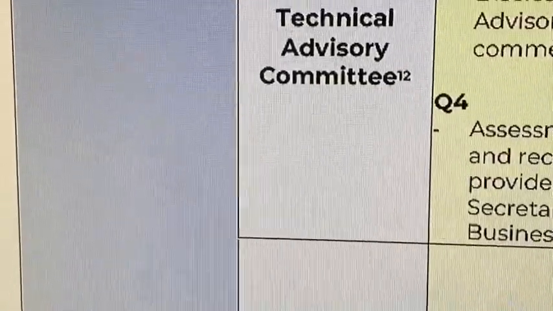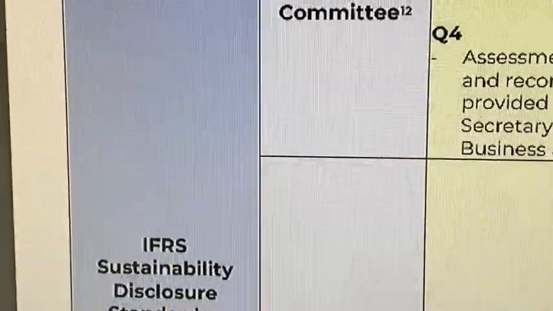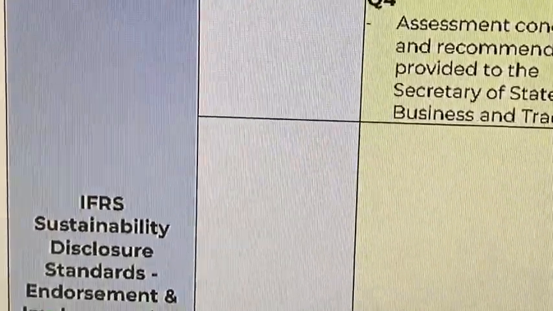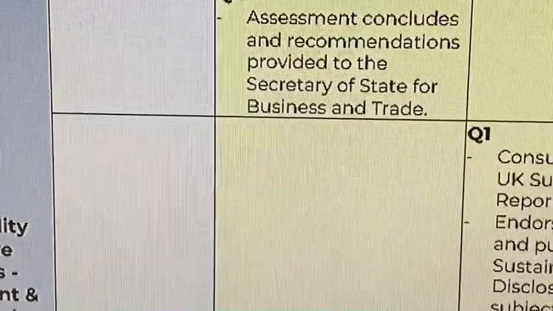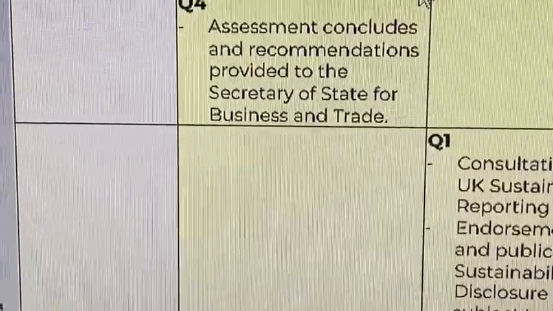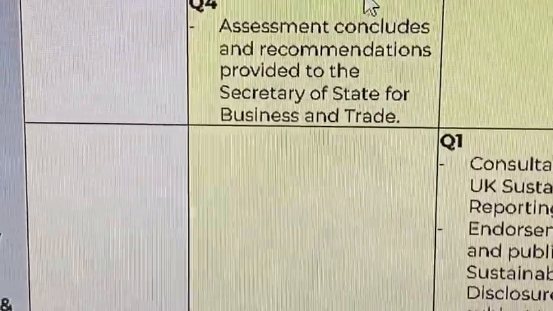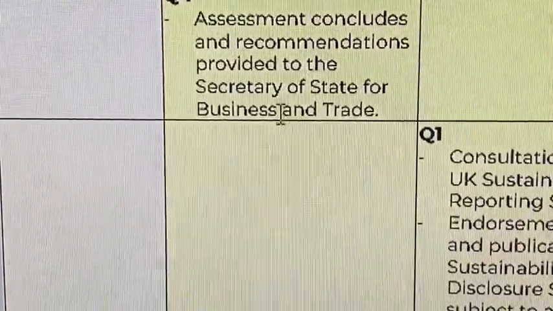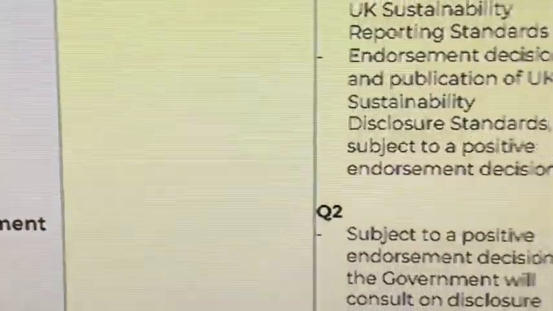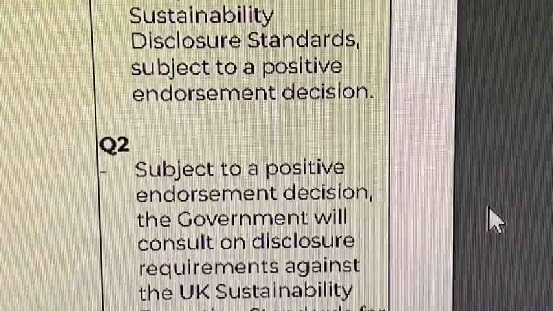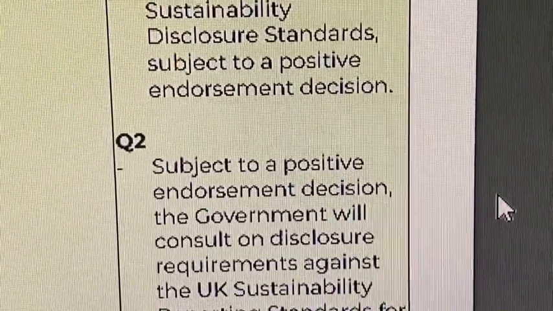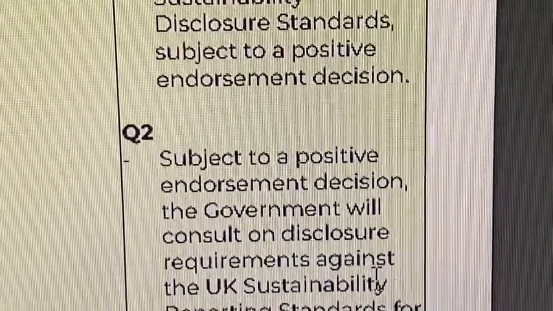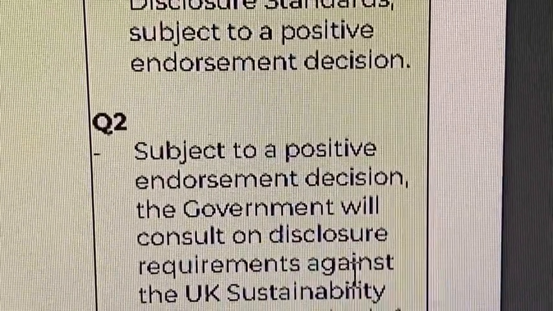The last thing that I found quite helpful, actually, I'll make it smaller, is the actual timeline for this implementation. So it goes through the elements on the left and then the time period. So the Technical Advisory Committee are going to be meeting in Q2. Well, they're meeting monthly, but this is what they're going to provide. And then the UK government is going to consult, it looks like, in the first quarter of 2025 on the draft sustainability reporting standards. And subject to positive endorsement, they will then,